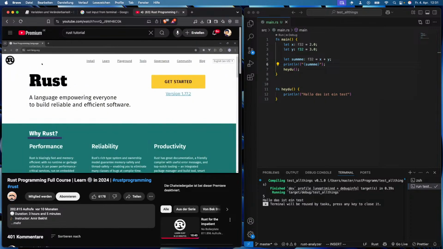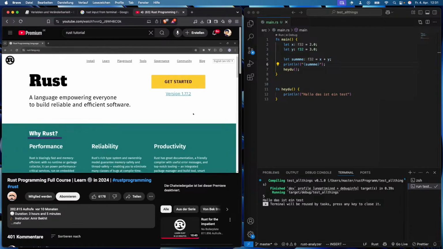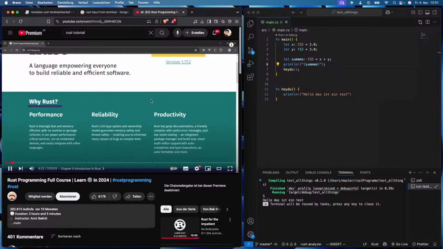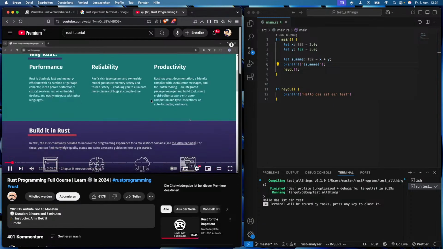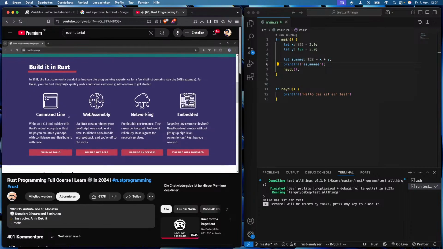Alright guys, so what you need to do is go to your browser and type rust-lang.org and you will find this page. And here you will find everything you need to know about Rust, so it's a language empowering everyone to build reliable and efficient software. Why Rust? Because of the performance, reliability and productivity. Down here below, build it in Rust, so you have here some building tools like command line interface, WebAssembly, networking, or embedded. If you like this low-level control through